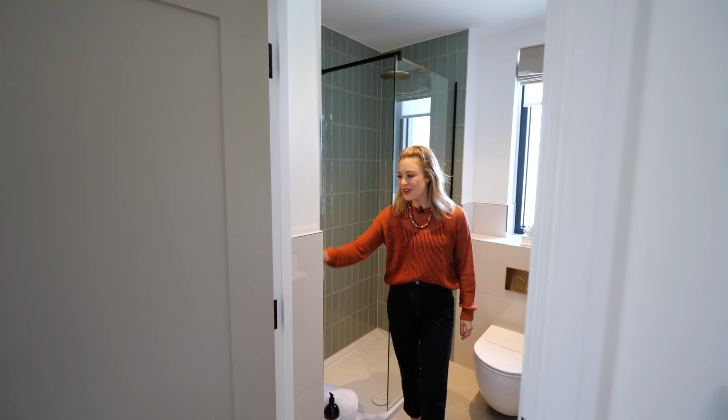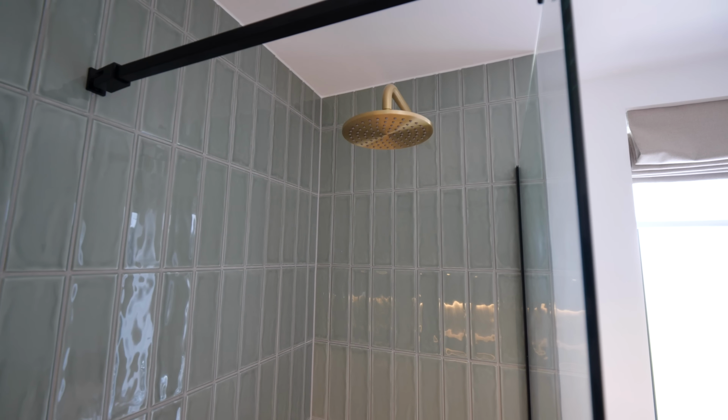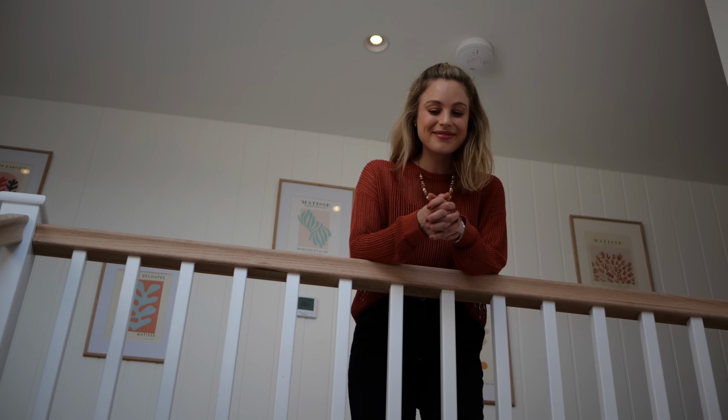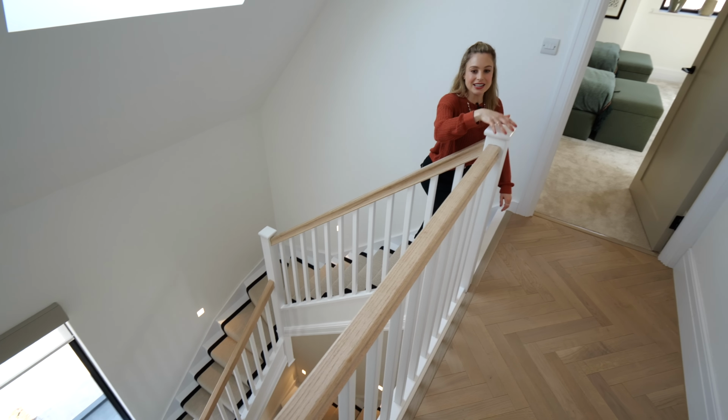Look familiar? Got the same tiles that we saw in the family bathroom, but this ensuite, if this is indeed your bedroom, is all yours. So up again, and this gives a great view of the 2 galleried landings. We've got one on the first floor, and I'm making my way up to the second at the top of